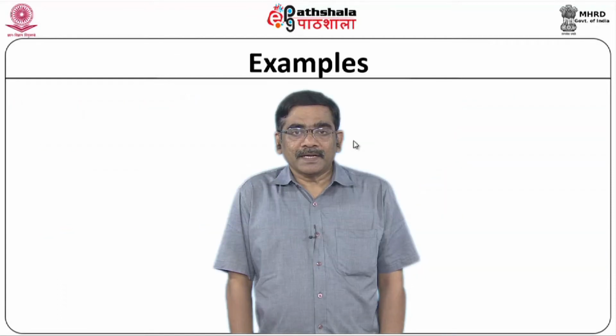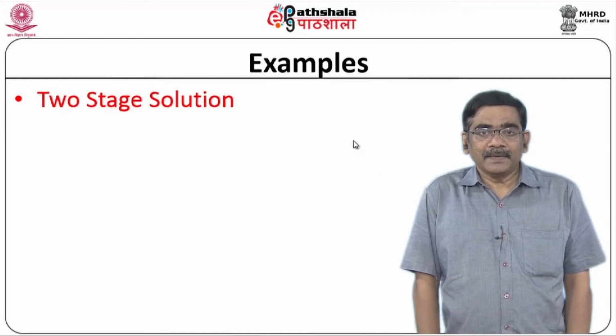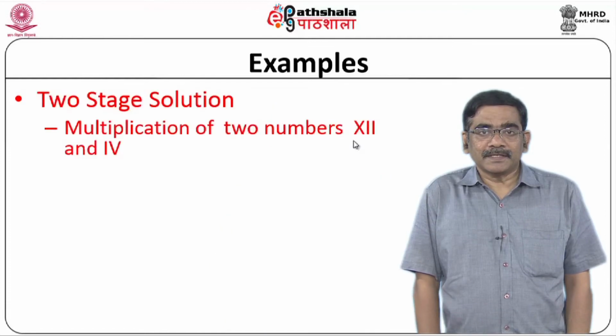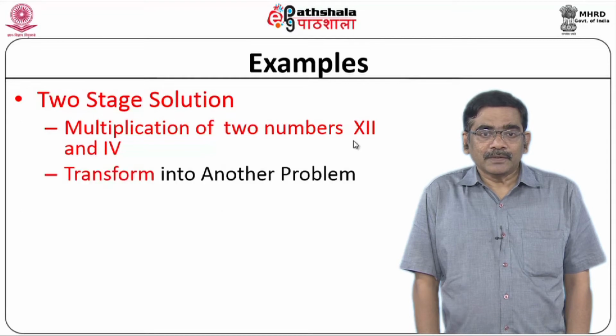So, we will take some small example. Let us assume that we are given two integers. So, it is given in the Roman numbers. So, suppose if the problem like this is given, so we have to solve this, and we are not very much comfortable with the Roman system. So, we can apply the transform and conquer strategy.